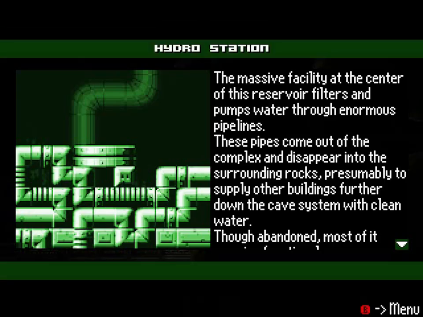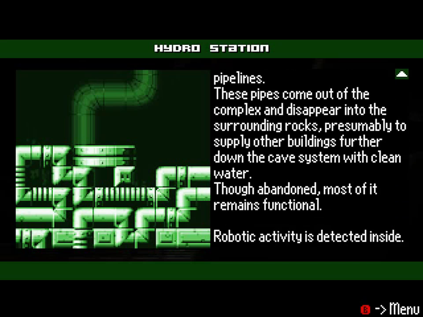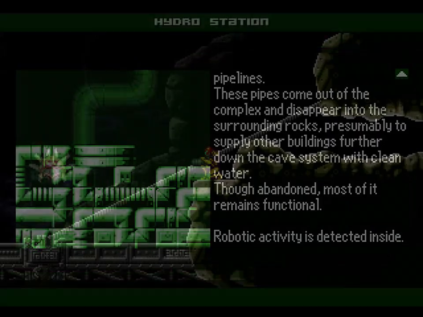Hydro Station. The massive facility at the center of this reservoir filters and pumps water through enormous pipelines. These pipes come out of the complex and disappear into the surrounding rocks, presumably to supply other buildings further down the cave system with clean water. Though abandoned, most of it remains functional. Robotic activity is detected